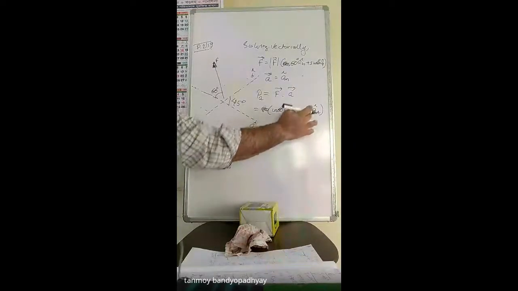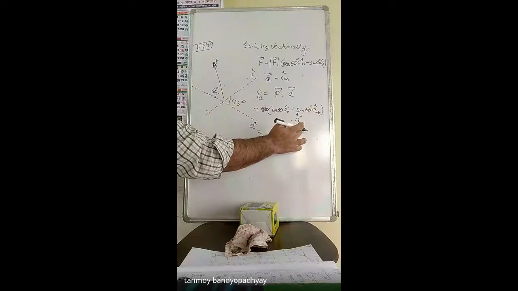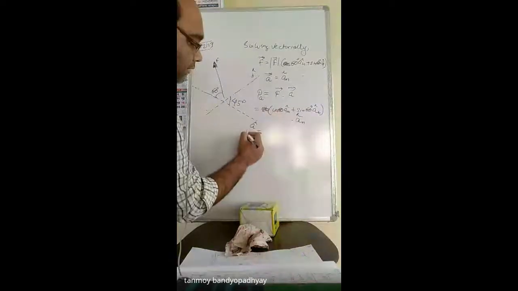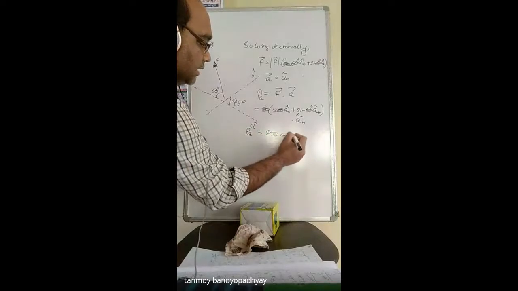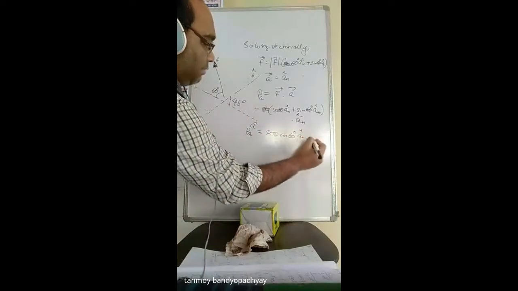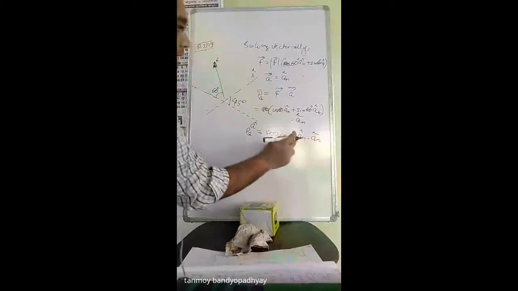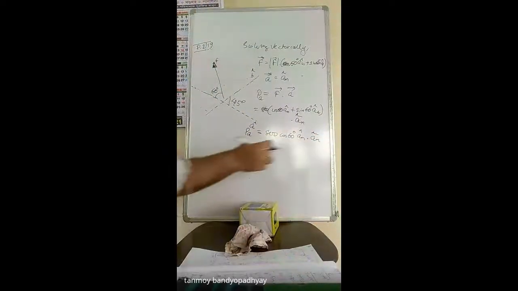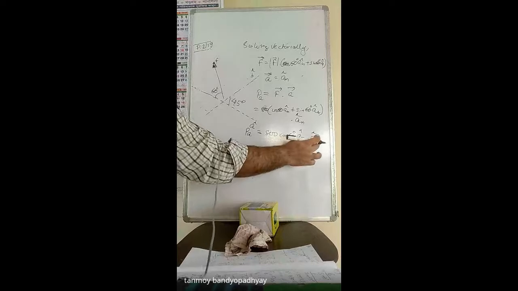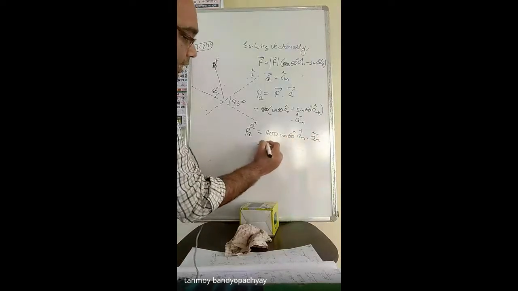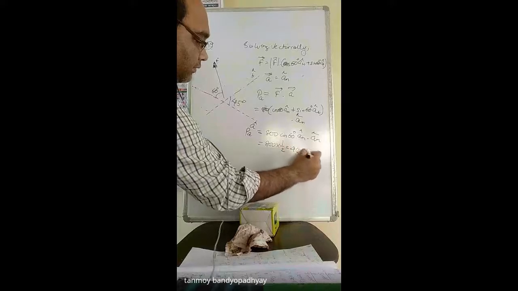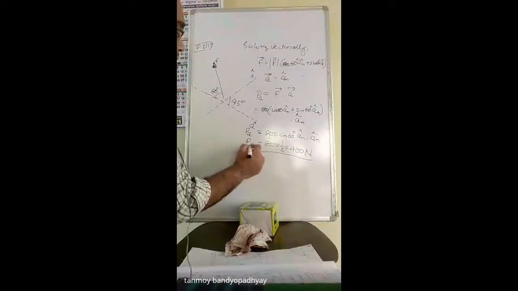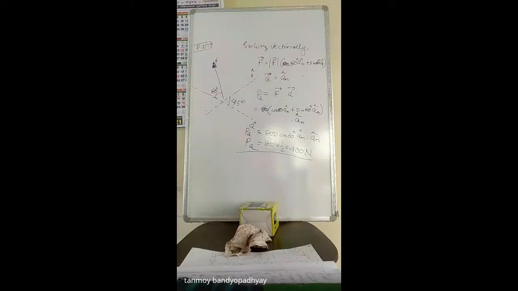That is cos 90, so it will be cancelling out. I will be left with PA equal to 800 cos 60 degree an cap dot an cap. The at cap an cap component will cancel, and these two actually will be 1. So I will be left with 800 into cos 60, which is half. So I should be getting 400 Newton. Okay?